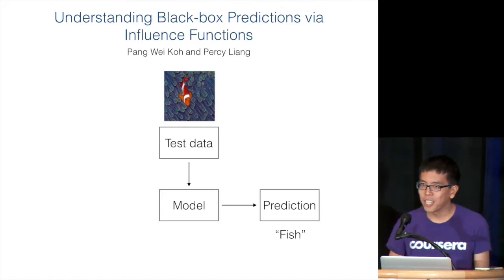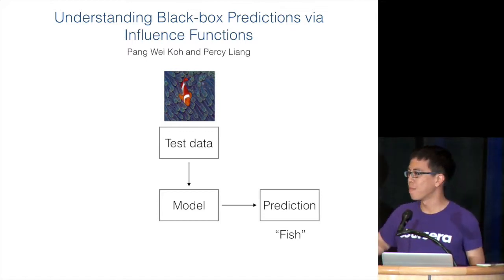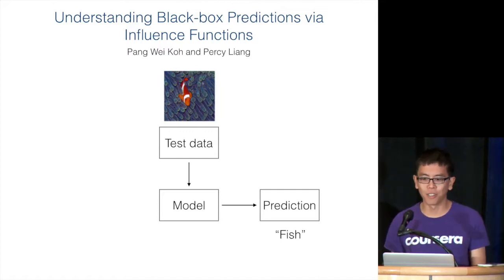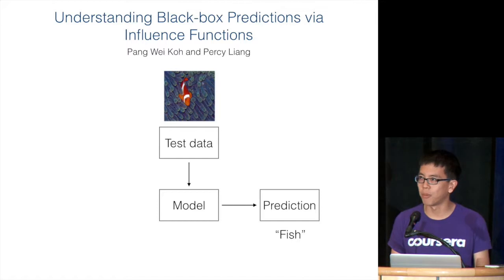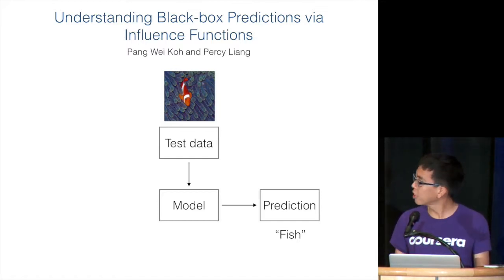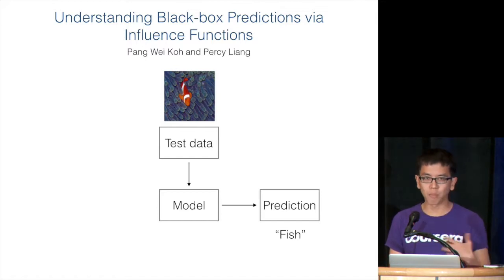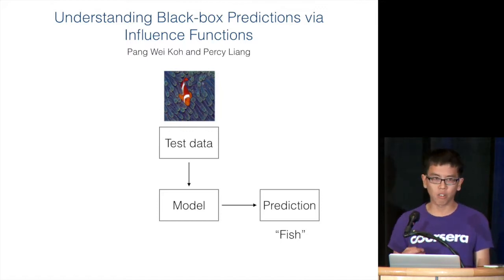Hi. So in any machine learning system, a natural question to ask is, why did a model make a given prediction on a given input? One approach is to explain the prediction in terms of the model parameters, but where do these parameters come from? In our work, we trace the prediction of the model back through the learning algorithm and to the training data. In particular, we describe a technique for finding the training examples that were most responsible for any given prediction.